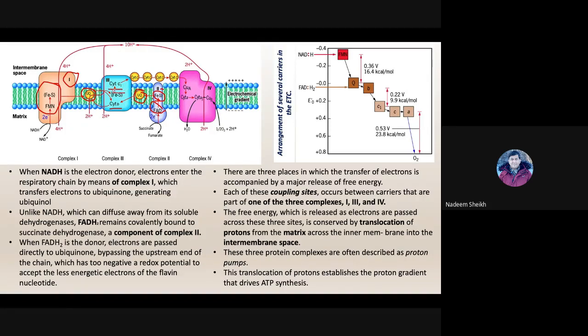Then this complex 3 is composed of cytochrome B and cytochrome C1 and some proteins which have iron sulfur center. The electrons are handed over to cytochrome B. From here goes to cytochrome C1. cytochrome C1 से ये चले जाते हैं cytochrome C के पास।